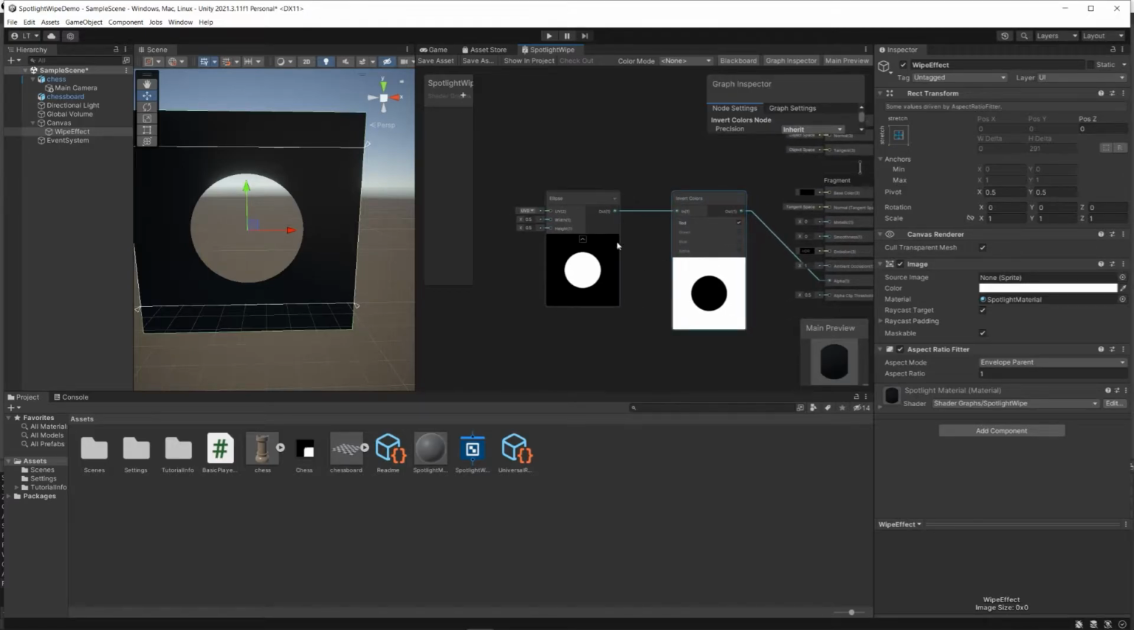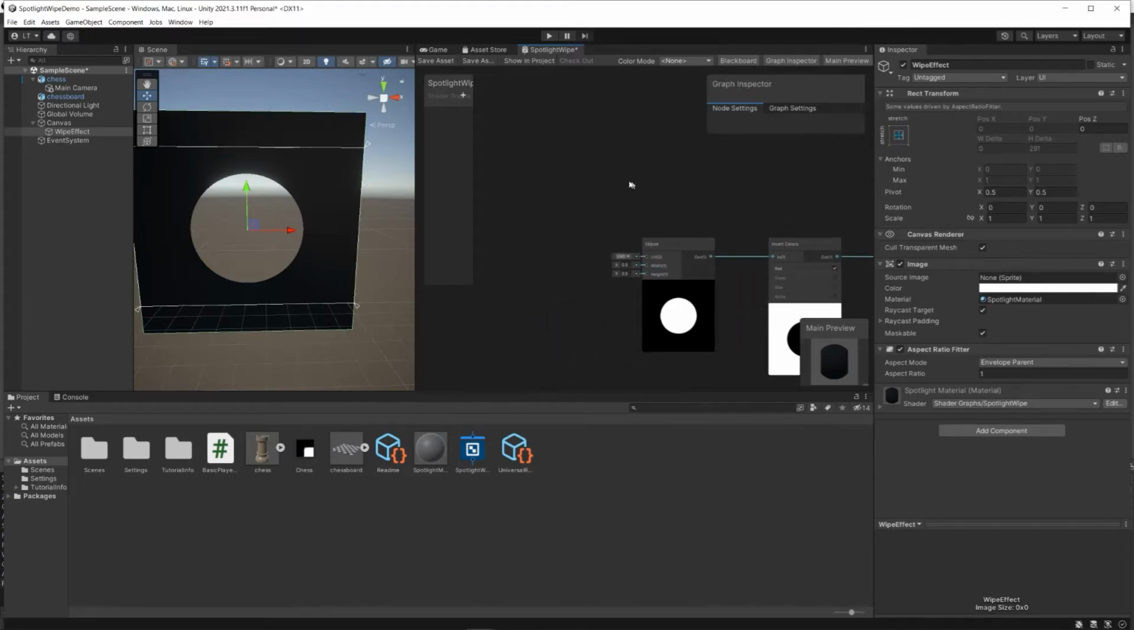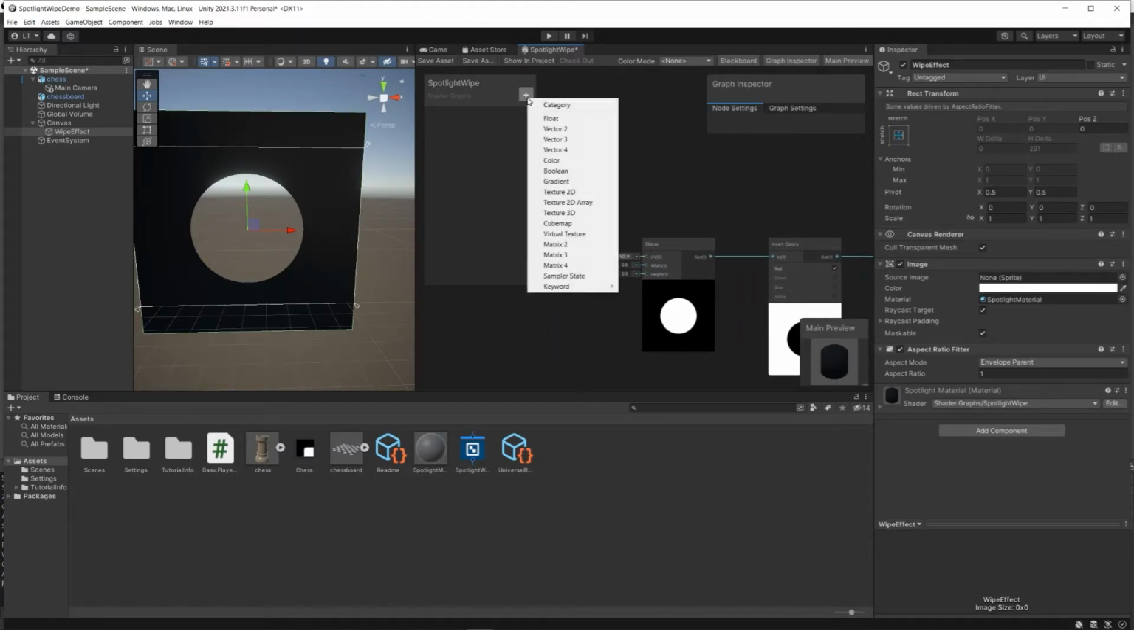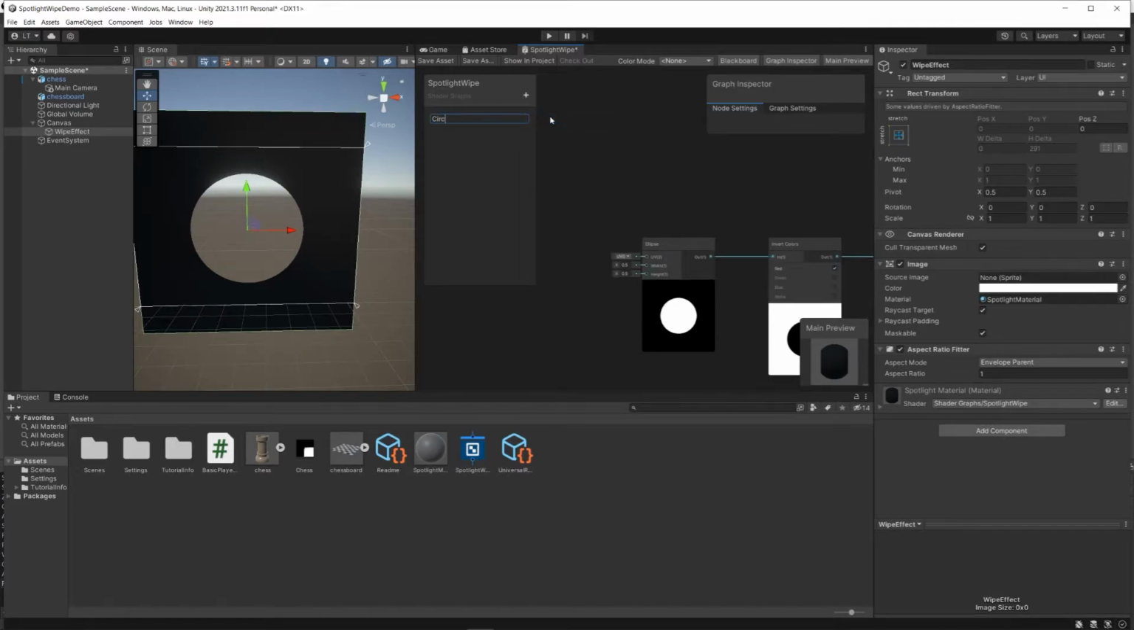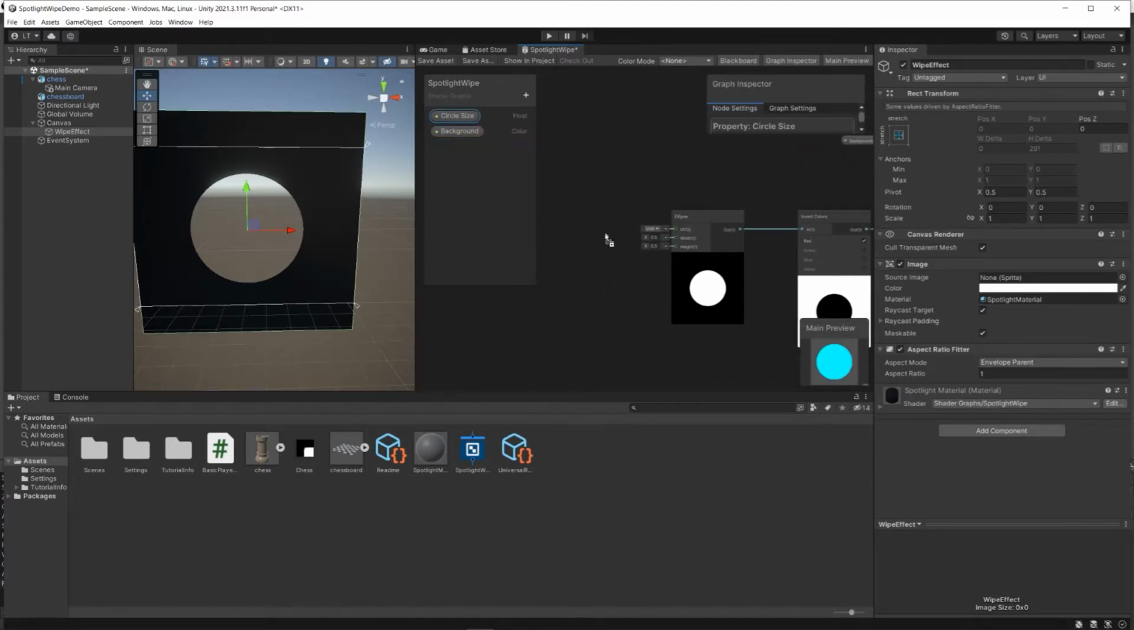Next, we're going to allow our shader to be controlled via a float value in the material. To do this, we're going to add an input, which is going to be a float. We're going to call it circle size. At this stage, we can also add another input, which is going to be a color, and we can call this background. This will allow us to change the background color from black to another color later if we want. So we're going to drag the background color in and connect it to the base color. Similarly, we're going to drag our circle size in and connect it to the width and height of our ellipse. Click Save,